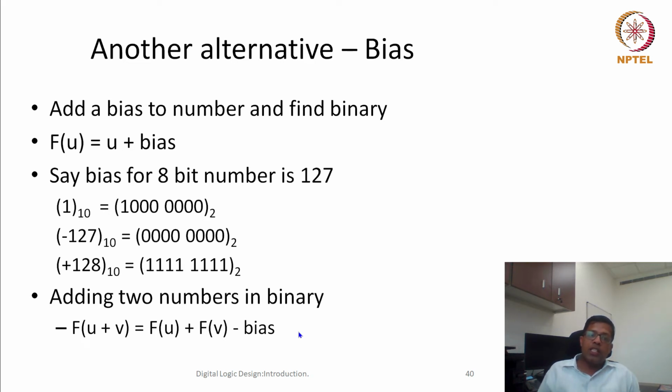Okay, the other thing is, let's say the number is 6 bit, or the number is 5 bit. For a 5 bit number bias would be different, for a 7 bit number or 8 bit number bias is going to be different. So this bias, as I said earlier, should be known whenever we are doing any kind of arithmetic using these biased negative numbers.